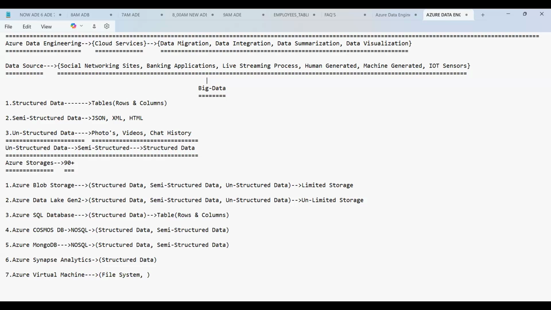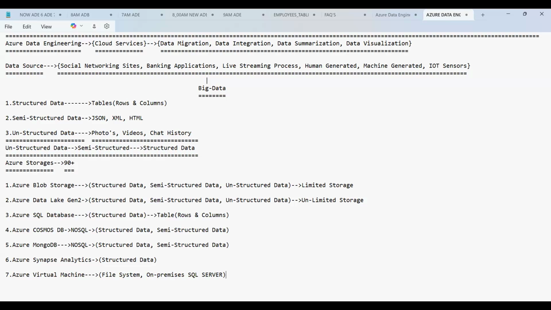It can be built upon on-premises SQL Server. Okay, guys, we can build upon on-premises SQL Server, file system, etc.